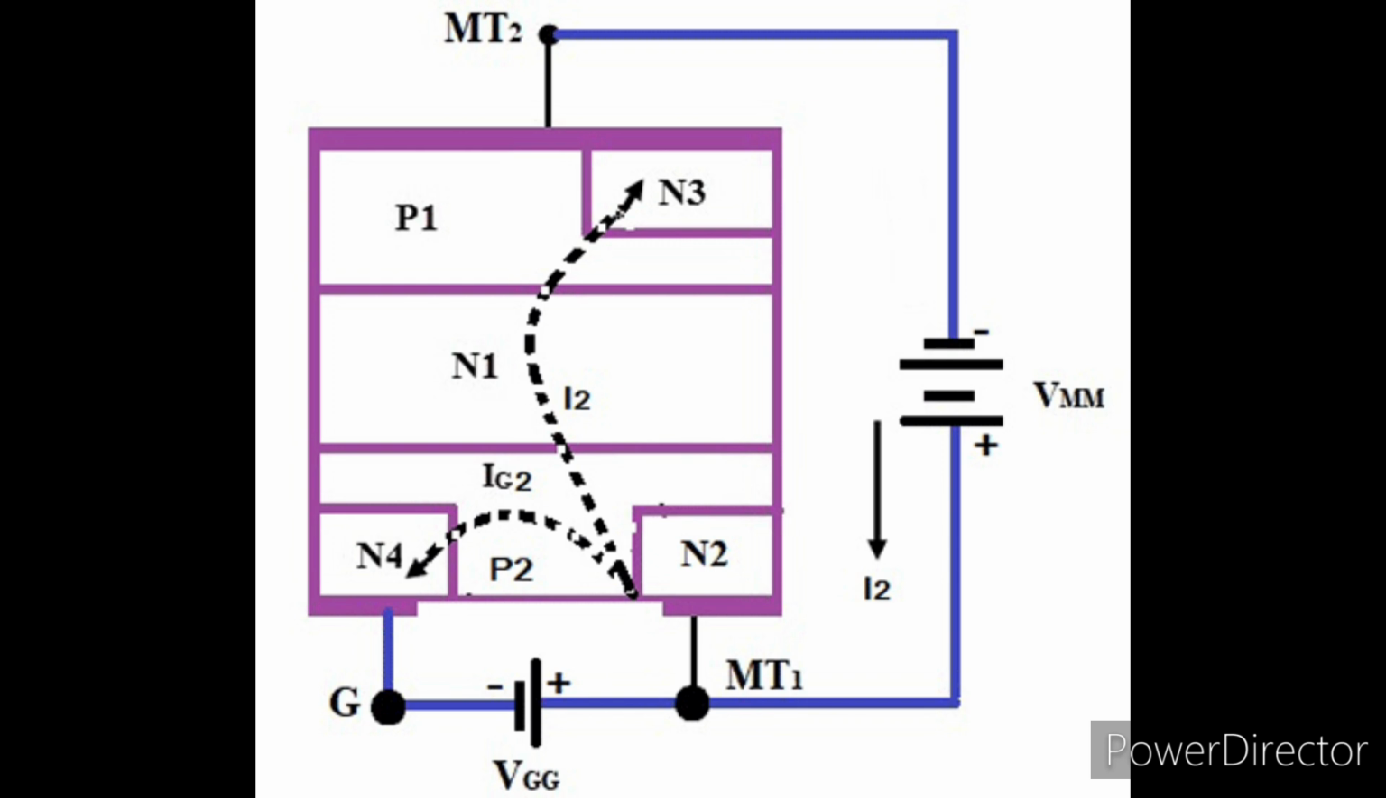And the last mode of operation is when MT2 is negative with respect to MT1 with a gate polarity negative with respect to MT1. Here also the junctions P1N1 and P2N2 are reverse biased and the junction P2N1 is forward biased. The negative gate voltage makes P2 more negative, so the junction P2N2 remains reverse biased, but N4 is more negative compared to P2, so the junction P2N4 becomes forward biased and the electrons from N4 reach